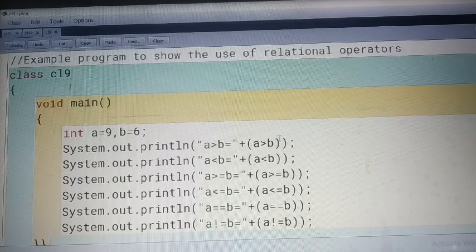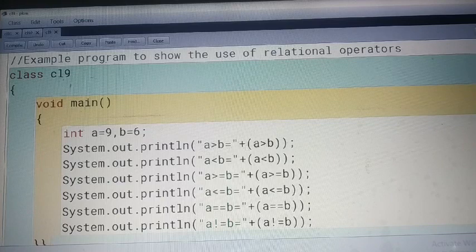So see what is happening here. We have used relational operators, and a relational operator is used for comparing values, and it will return the value in boolean form, that is true or false. This is the message part. When this statement executes, it will first show the screen message "a is greater than b equal to".